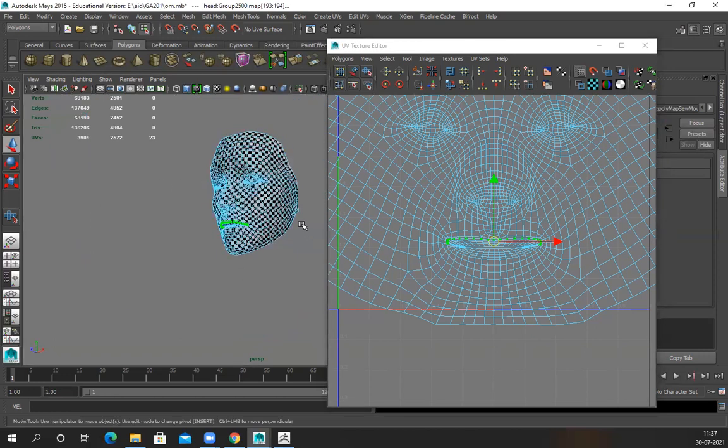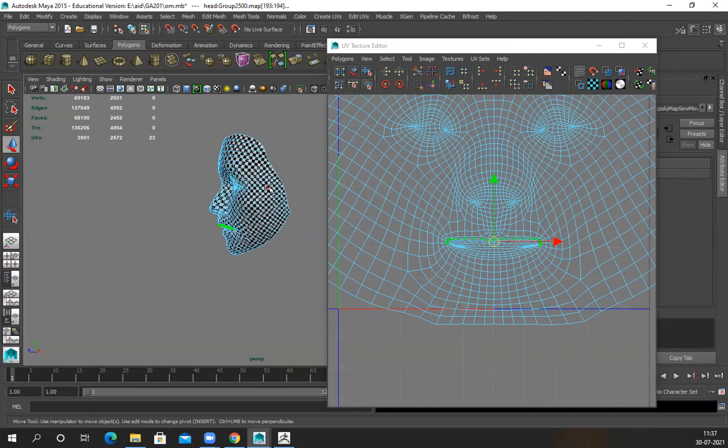Like in this condition, without the head, without the skull, I can unwrap this thing in ZBrush also, and it will work beautifully without any problem. So in that case, you can definitely use ZBrush, you can use Maya, you can use Max, whatever is available to you. Or if you want, you can use Substance Unwrap also. But Substance will triangulate. That's the only problem. Okay, sir. Substance will triangulate the model. So you can use anything, it doesn't matter, as long as your UV is correct and you're able to finish it within whatever time is given to you.